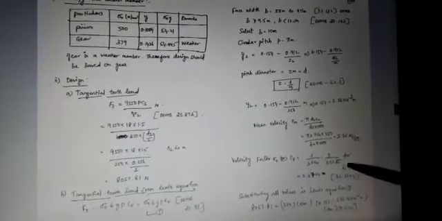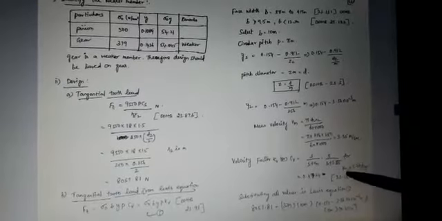Now, because we need the service factor, the velocity factor, for finding the velocity factor you need a velocity. How to calculate it: this formula is available in the data handbook. So what is the formula for the velocity factor? 3 by 3 plus Vm, for Vm up to 7.5 meter per second. If the Vm value is less than 7.5 meter per second, use the velocity factor formula 3 by 3 plus Vm. So apply this value, get the Cv.